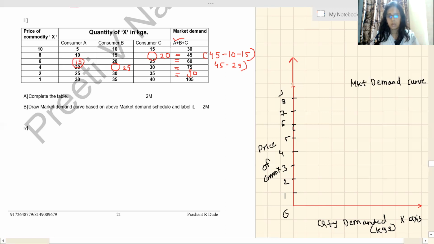Okay, then we have 9 and we have 10. This is called the y-axis. Okay, now let's see. Now we have to draw quantity-wise. The highest figure is 105, so I will take,